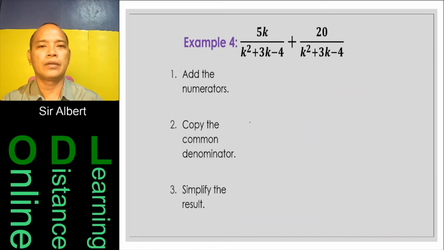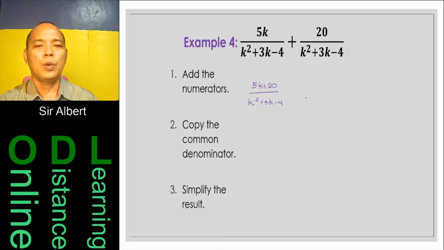Example number 4. Take a look at your denominators. They are the same. So we are working here with similar rational expressions. Add the numerators. We get 5k plus 20. And then copy the common denominator, which is k squared plus 3k minus 4. We then simplify this rational expression by factoring the things that can be factored. The numerator, it can be factored by taking out the GCF, which is 5. This will then give us a cofactor of k plus 4